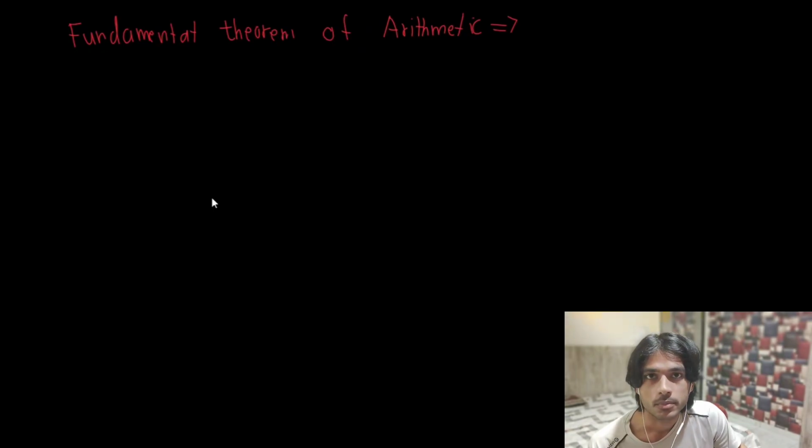I told you about composite numbers yesterday, right? I have told you that numbers which have more than two distinct factors are said to be composite numbers. And what are prime numbers? Prime numbers are basically natural numbers which have exactly two distinct factors. And when I say factors, I simply mean that the number should come in the table of the factor. So when I say fundamental theorem of arithmetic, in simple language it means that